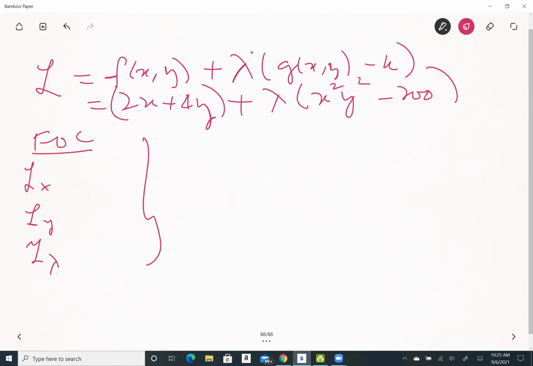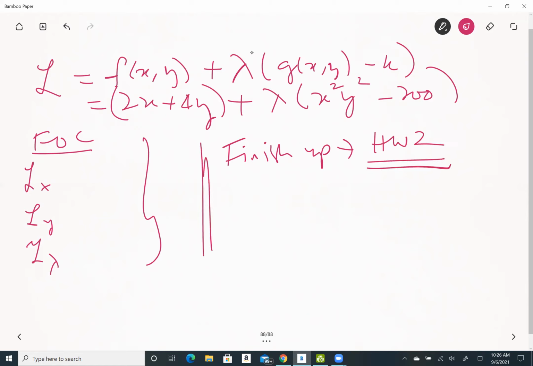This part you finish up at home. So this is something that you have to do. This is another homework, your homework number 2. Finish it up and get the solution. Right, okay. I just want to show you,